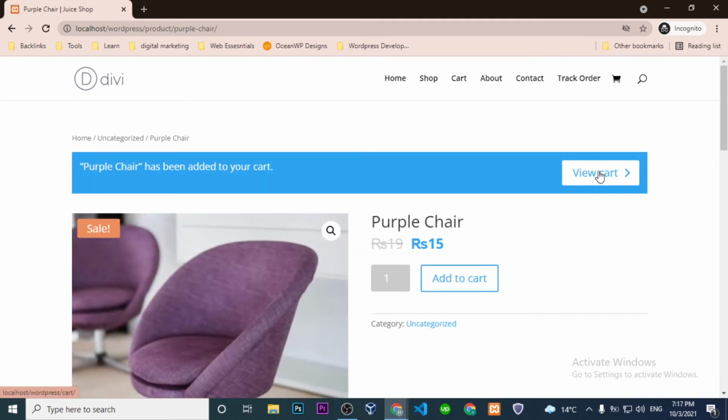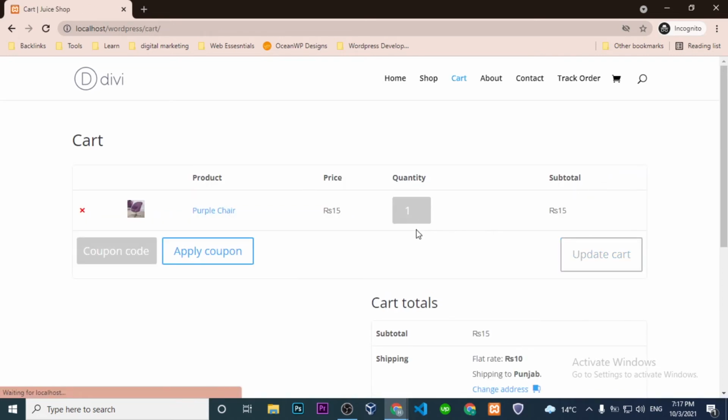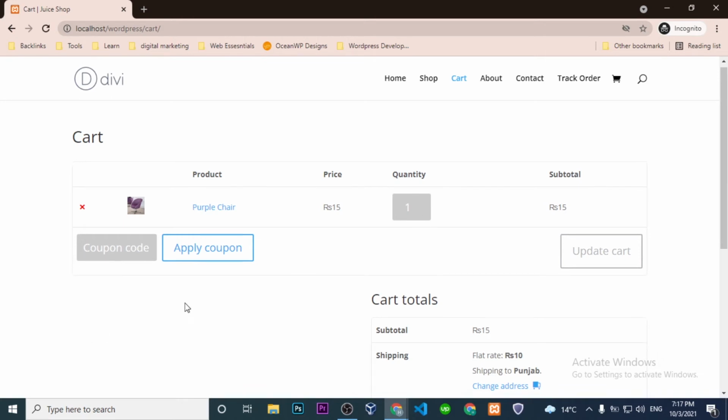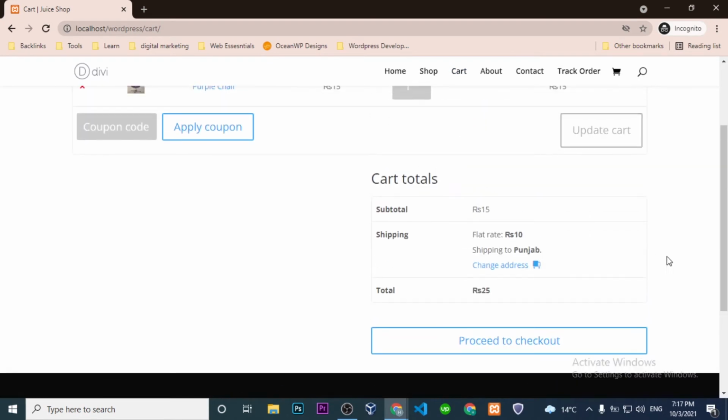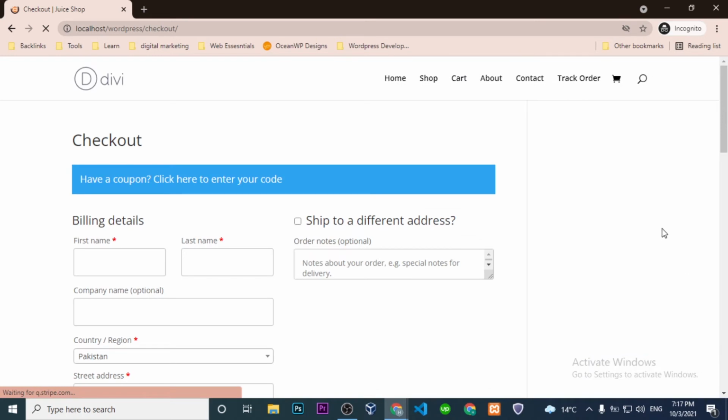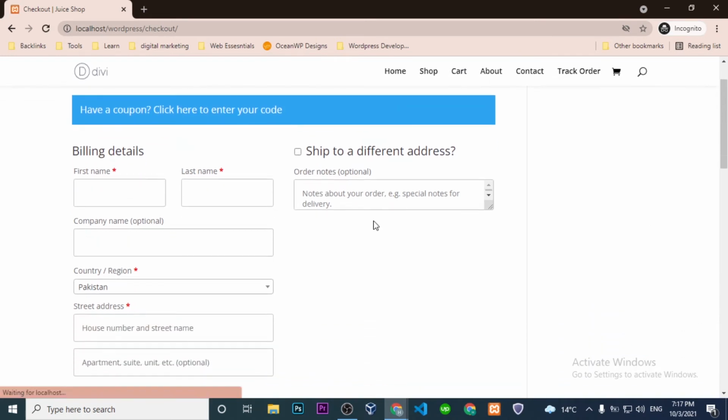Now just click on view cart. You can also increase your quantity here as well. If you have any coupon code, you can write it here. No, I don't have any. Now proceed to checkout. Here provide your details. I will provide mine.